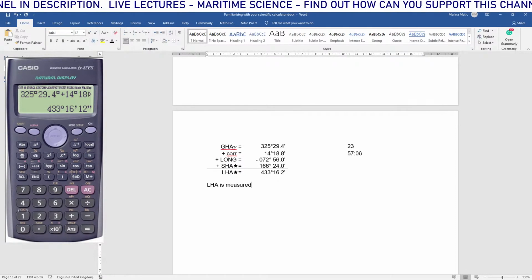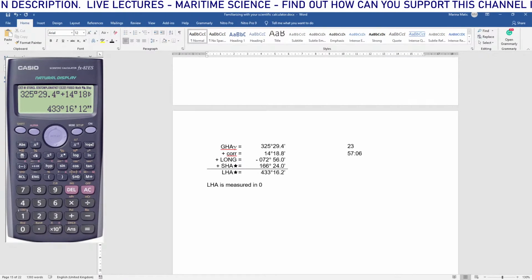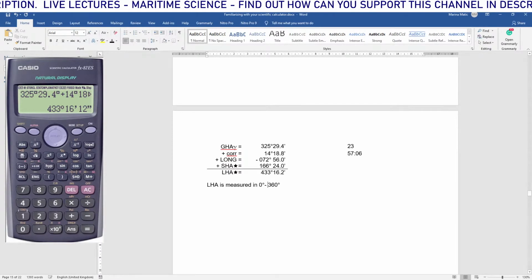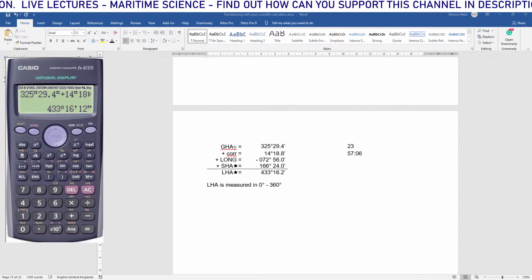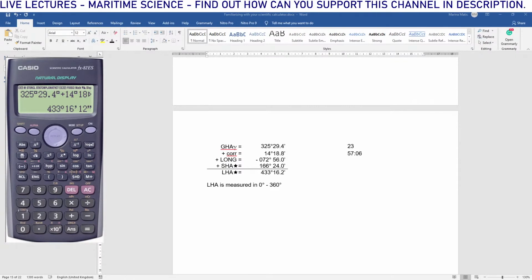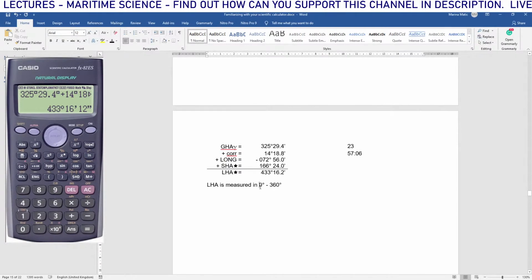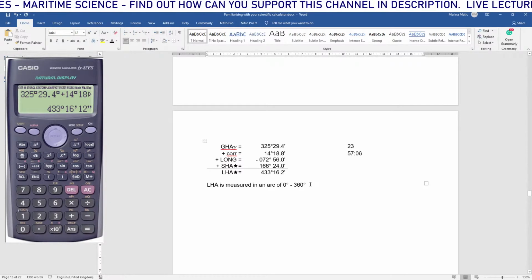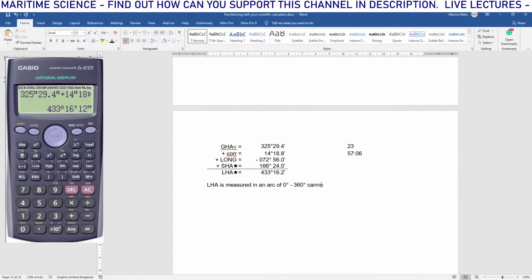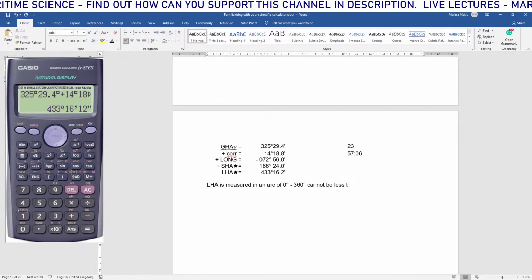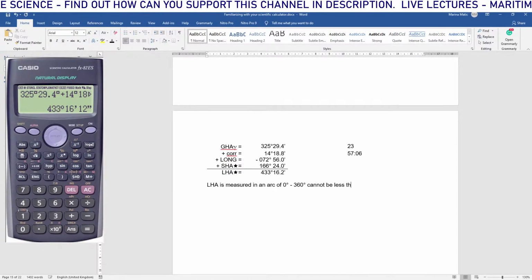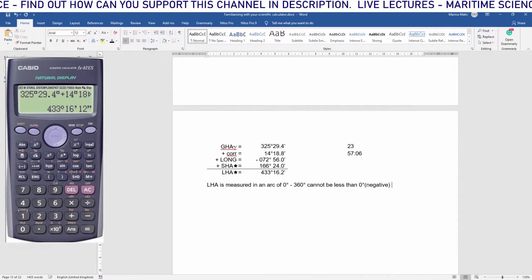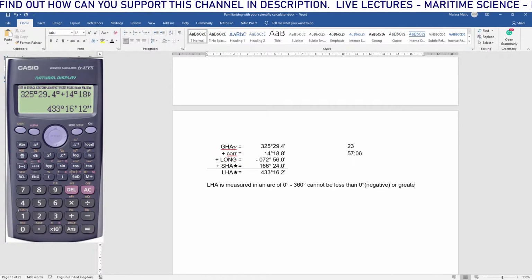is measured in 0 to 360, of what? And how to express this? LHA is measured in an arc, that is the term, in an arc of 0 to 360, and it cannot be less than 0, so that means negative, it cannot be negative, or greater than